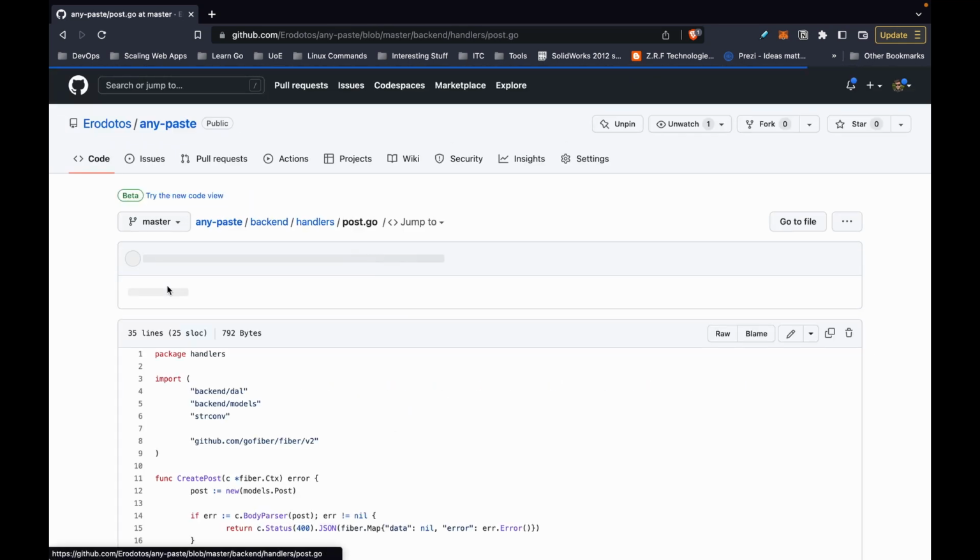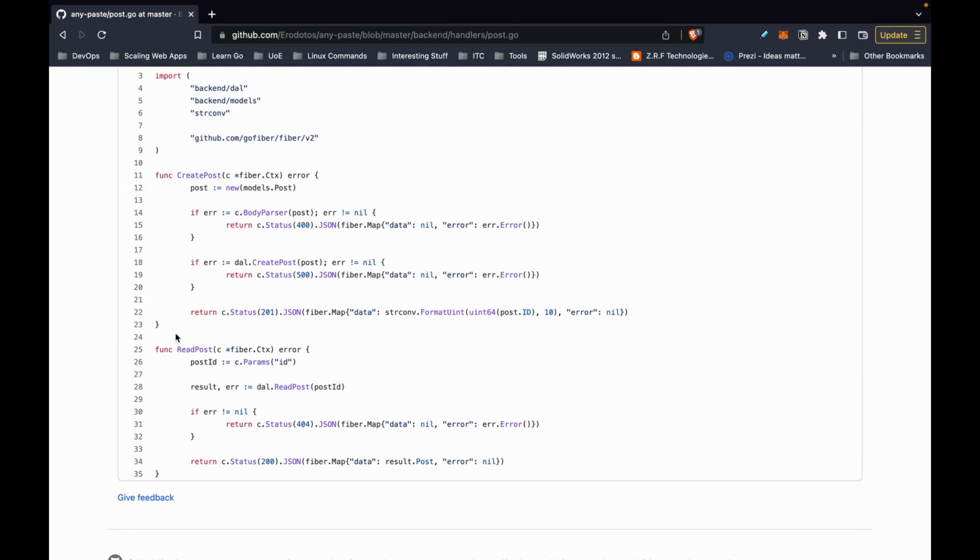You can go in there, and as I said before, you've got your handlers, which are functions that are going to take, for example, create post is going to take the data, it's going to create a new model. This model is a struct, let's say an object representing the data that describes a post, right? And we're gonna parse the data and marshal the data into the struct,